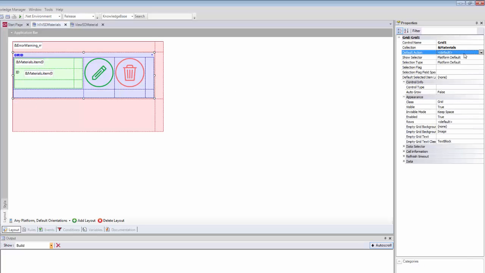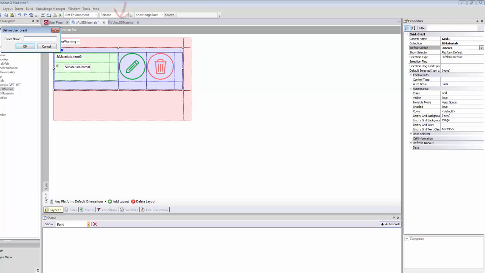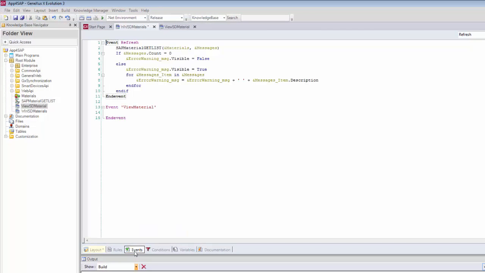that the default action for when we select a line, that is, when we tap on it, is invoking this panel. To do that, we create a new event already associated with the default action. We will call it View Material. We go to the Events tab, and here we will program the invocation to the new panel,